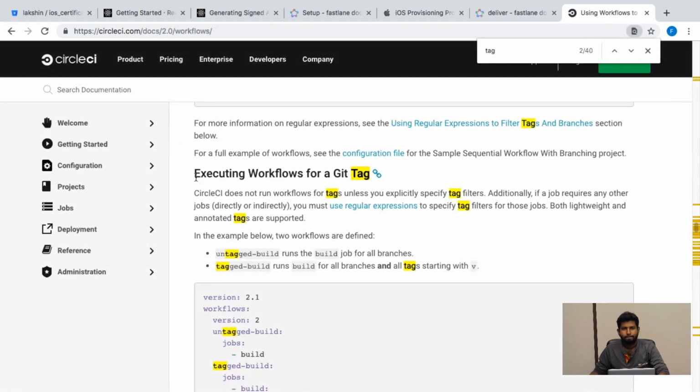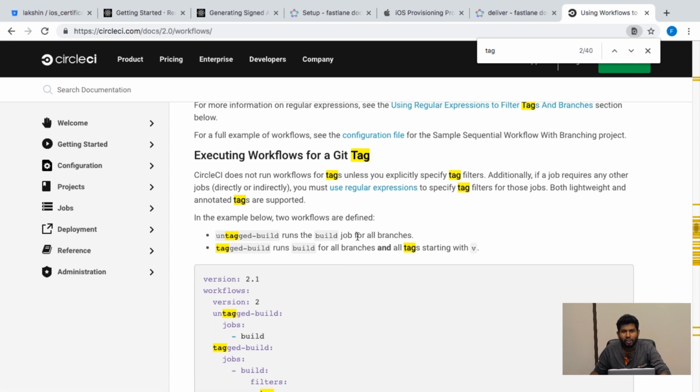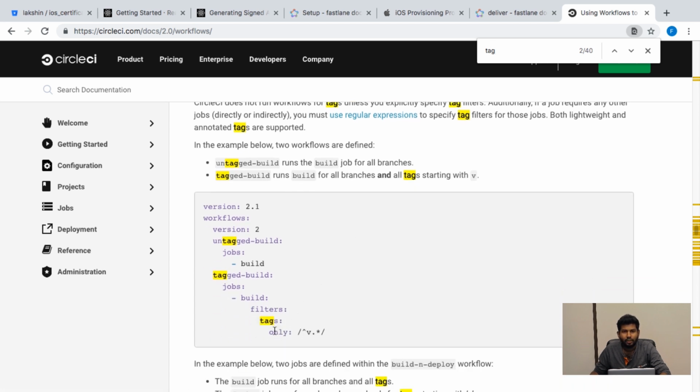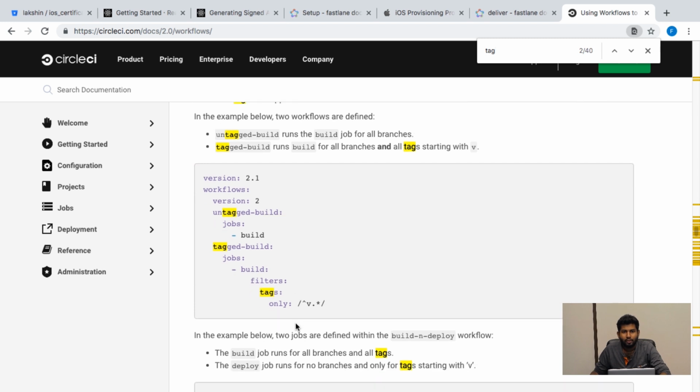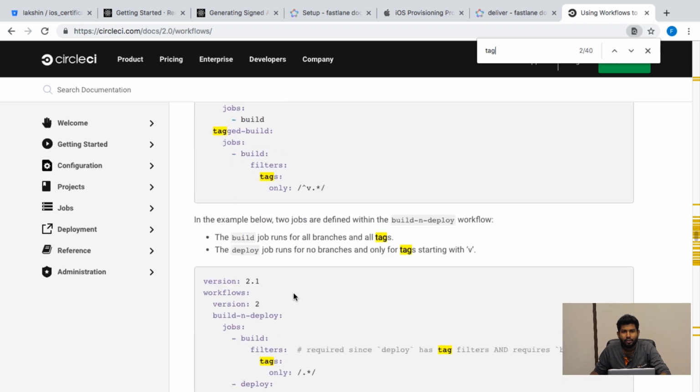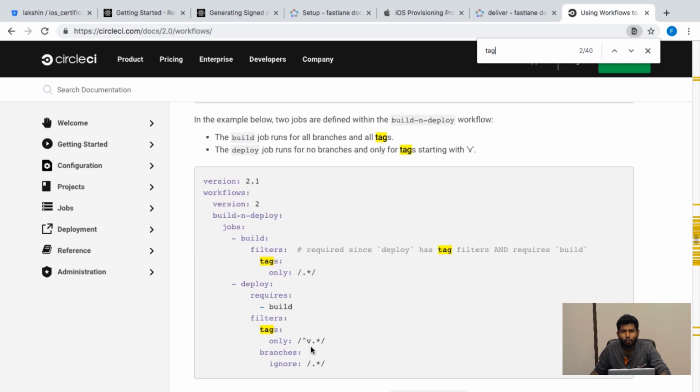Okay, here we find it, executing workflows for a Git tag. So we'll just copy these filters, not this actually. We don't want to run it for any branch commit, so we are going to use this,